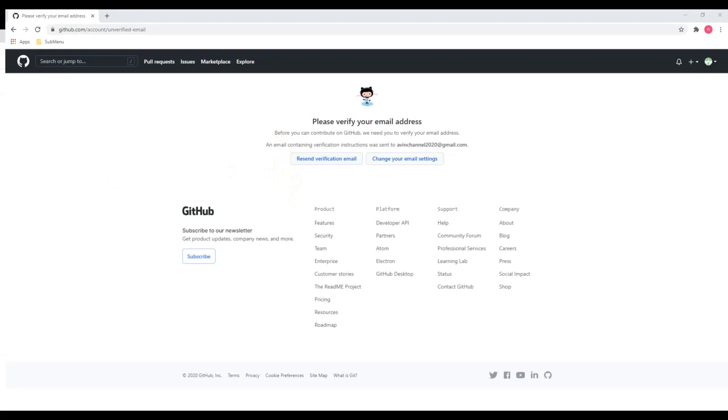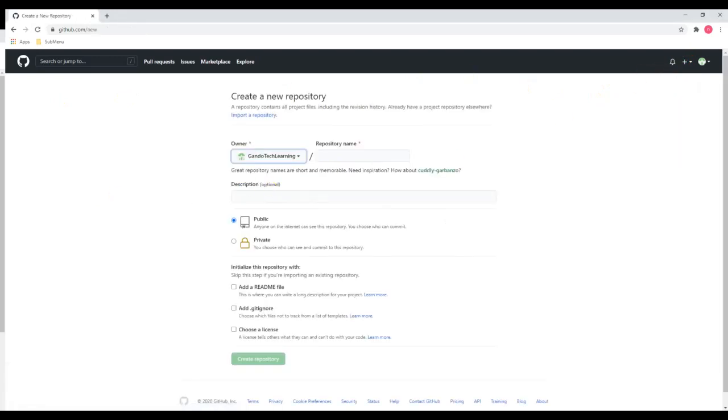Otherwise, you have to go to your email address and get it verified. I just verified my email address, and now after clicking on new repository, it shows me the new page, as required. As you can see, this is my account, and for my repository I'm going to create